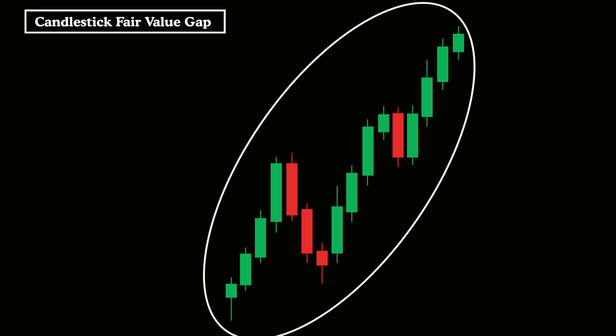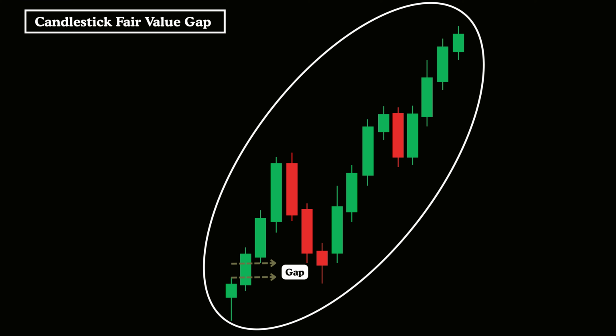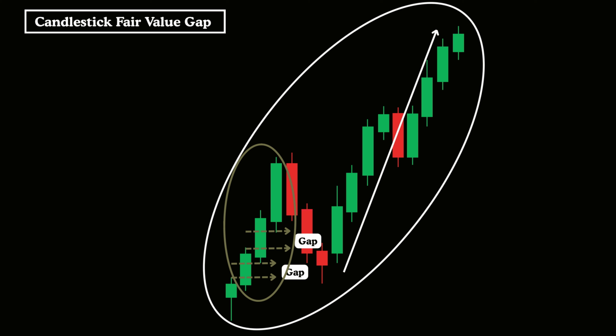Now let's explore how fair value gaps can assist in forecasting upcoming market trends and directional bias. A major clue for gauging price direction lies in the behavior of price action once it enters a fair value gap. If the market acknowledges the fair value gap and reacts with a clear rejection to the upside, it's an indication that price is gearing up to move higher, likely aiming for the most recent buy-side liquidity that has built up above the latest swing high. In contrast, if there's little or no reaction when price steps into the fair value gap, this typically signals a higher probability of downward movement, targeting sell-side liquidity resting below the recent low.